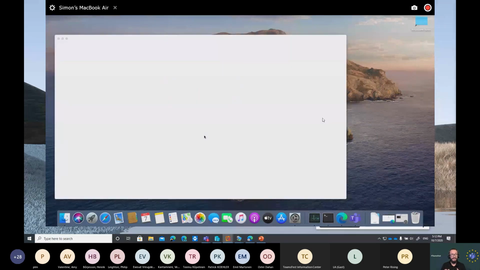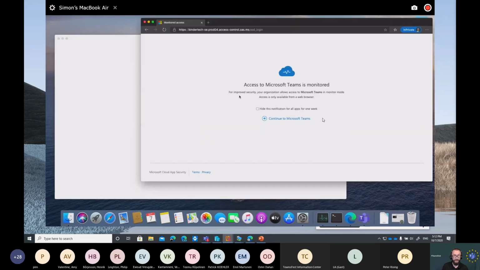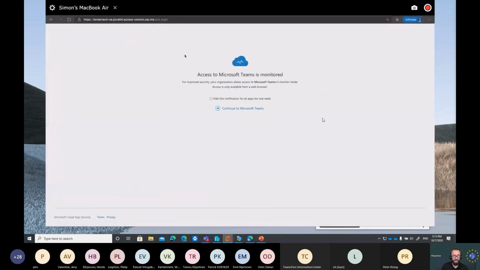blocked now, since we have somewhat limited capabilities to protecting the client as such on non-Microsoft OSs, and especially I would say on macOS and Linux today. So my intention were to show that this would be blocked by conditional access, and that I instead would be using Microsoft Edge. And I know that Rafael were talking about Cloud App Security previously, and this is another way of using it.